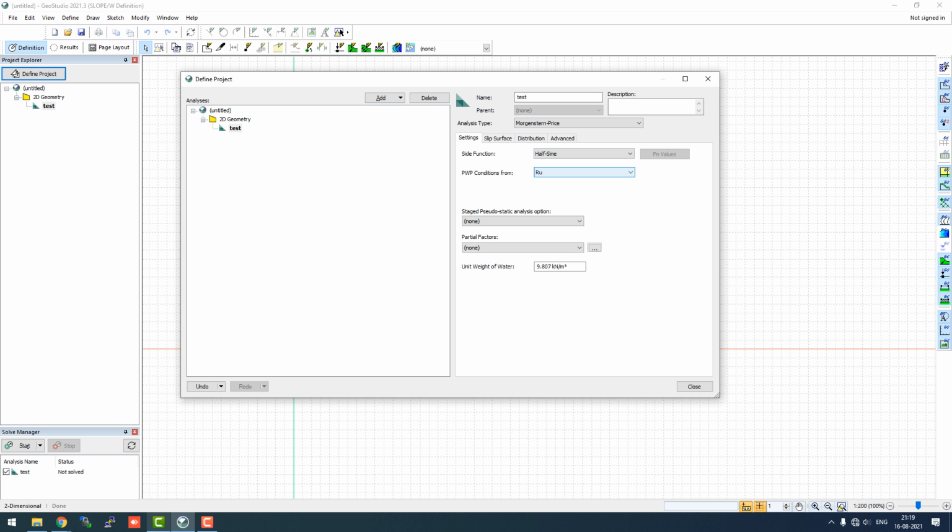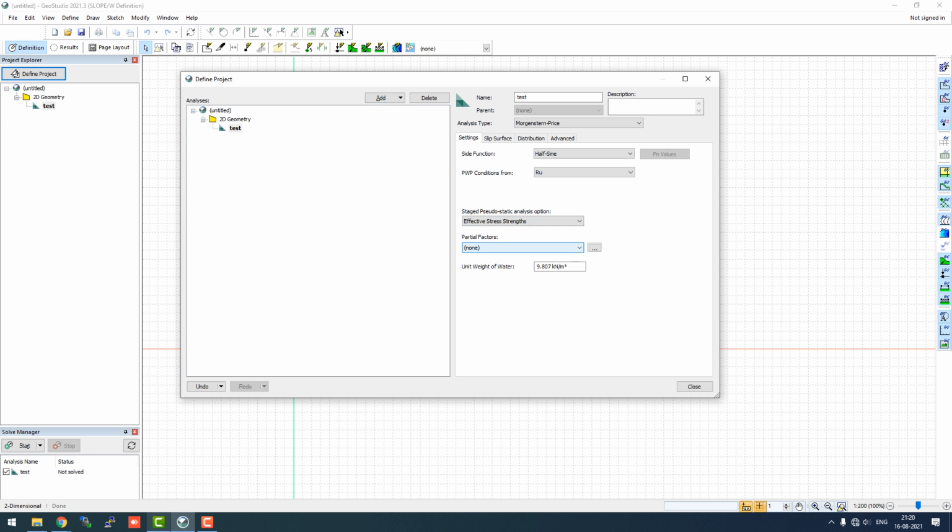So we go with generally 0.25 RU values for a conservative estimate, and if we have a seismic, we have to do seismic analysis, we can use this pseudostatic analysis option. We generally go with effective stress strengths because that's what most analysis requires. You can also use Duncan's parameters or Duncan's undrained shear strengths if your client requires you to do that, but generally effective stress